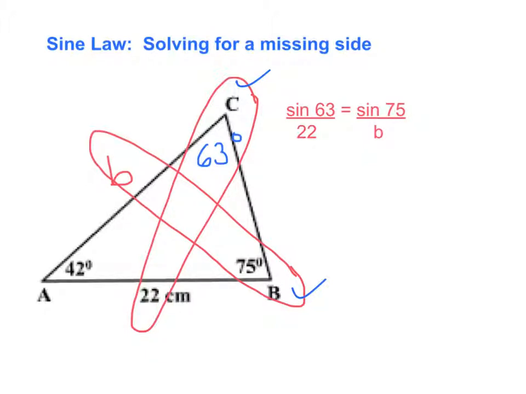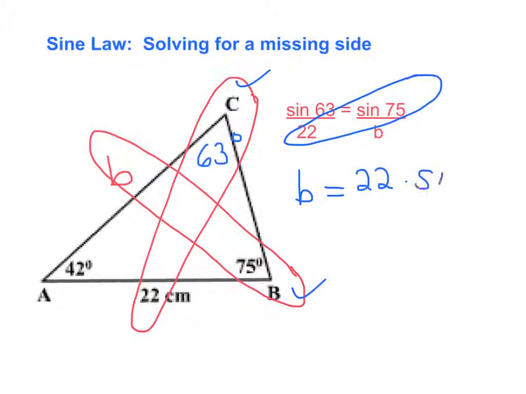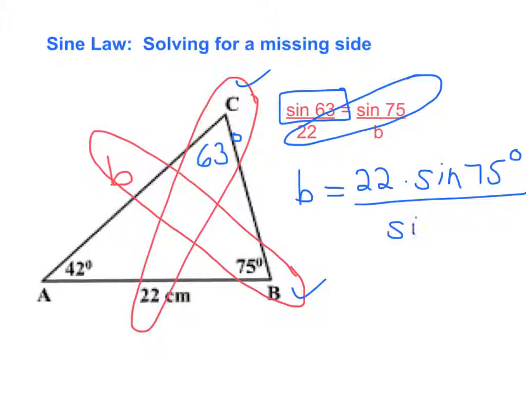Now here's a mistake that a lot of people make when they solve the formula, is they do the cross multiplying wrong. So look for a third loop. The third loop is 22 times the sine of 75 degrees, and then you divide it by the missing piece, which is the sine of 63. Make sure when you put this in your calculator you do 22 times the sine of 75 degrees equals, divide it by the sine of 63, and you will get